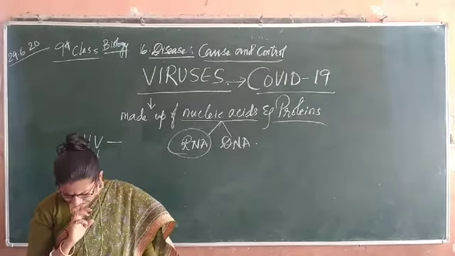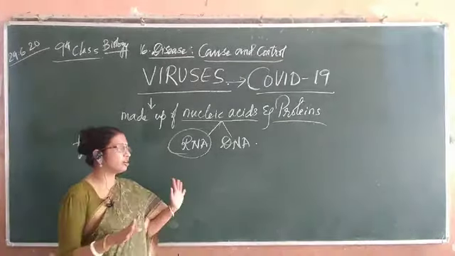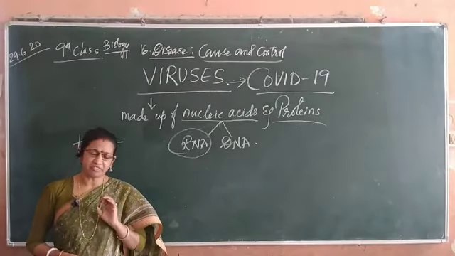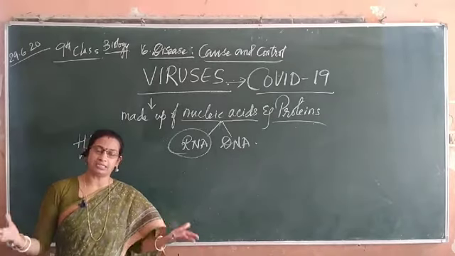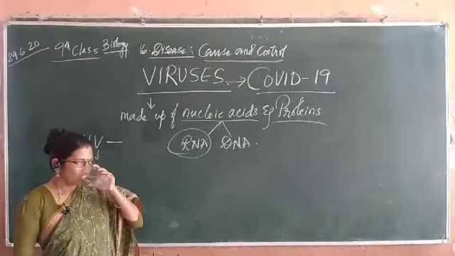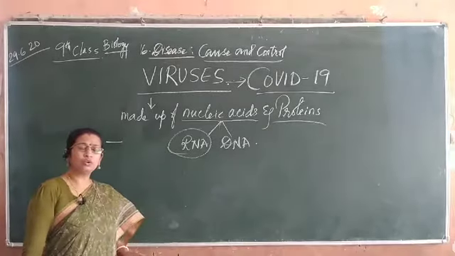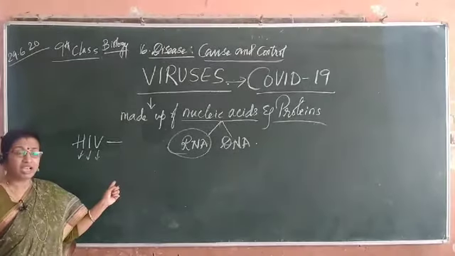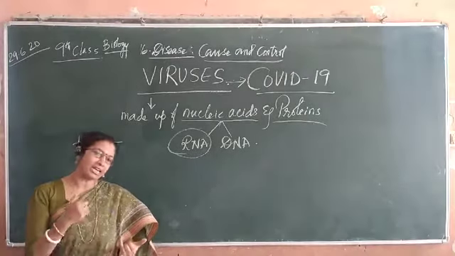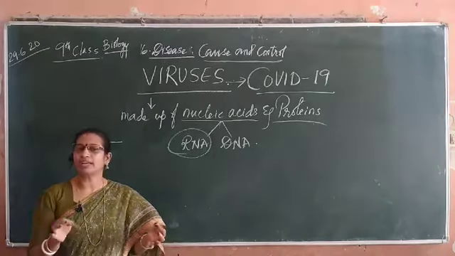Similarly, transmission of AIDS, that is HIV. In AIDS, this particular virus HIV kills the immunity of the body. It makes the immunity of our body very weak and you are susceptible to any disease. AIDS is not a particular disease, but a person who has been infected by HIV can suffer from cancer and die. He can suffer from pneumonia and he can die. He can even suffer from a normal dysentery and also he can die.